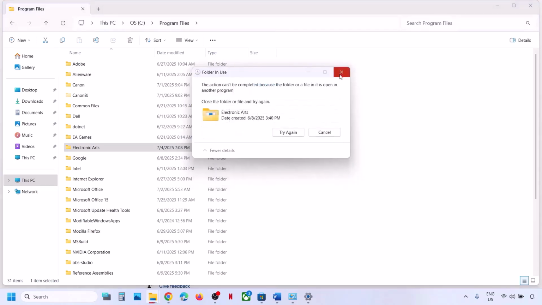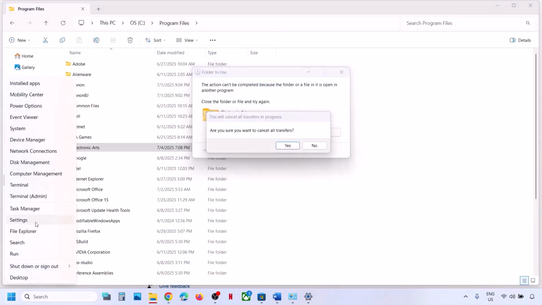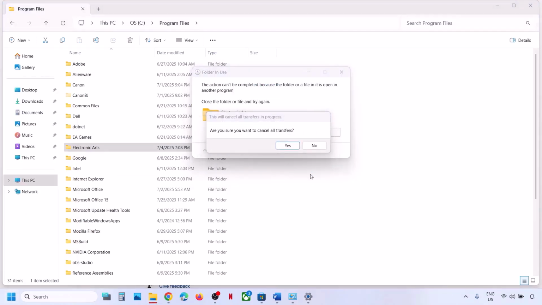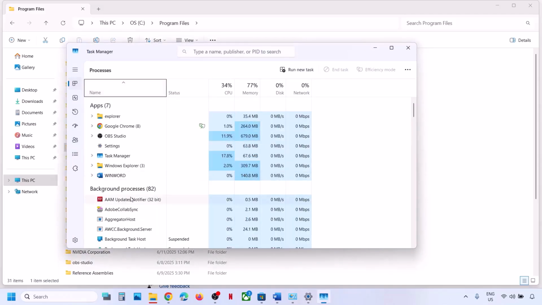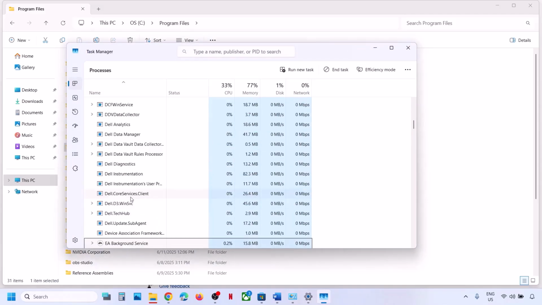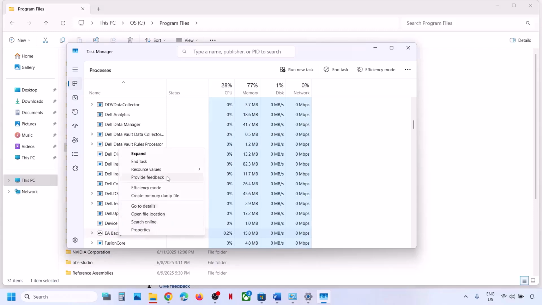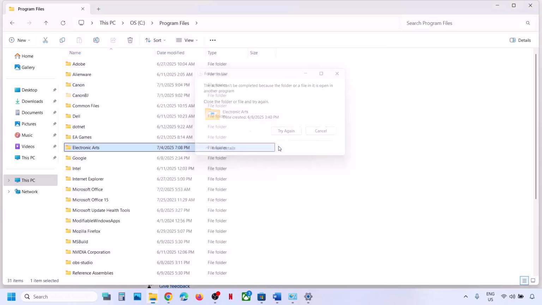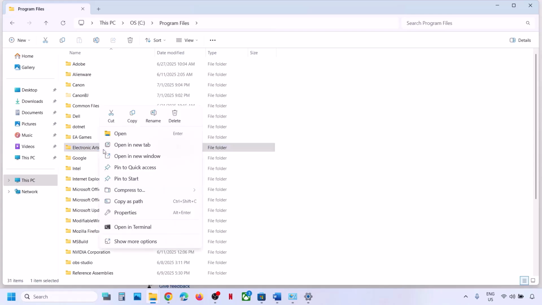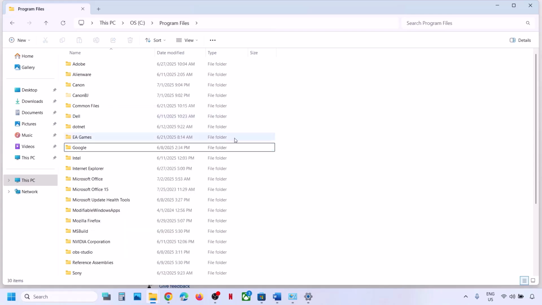So if you see the try again option, that means the EA app is running somewhere. So you can open Task Manager, or EA services is running. So in my case, EA background and task, and then you can delete this EA app. Once deleted, now do not delete this EA Games. Okay, now